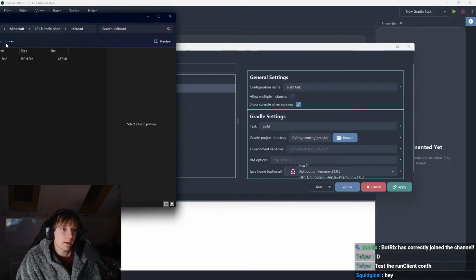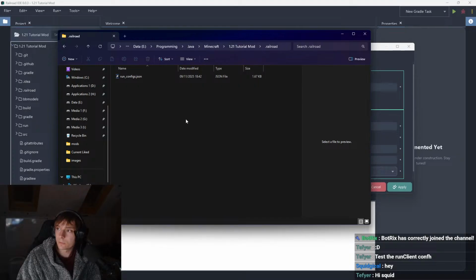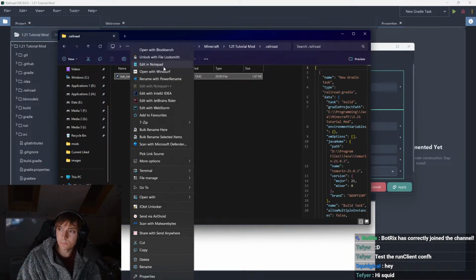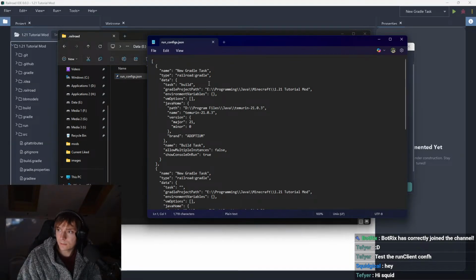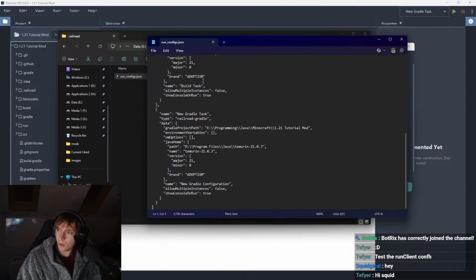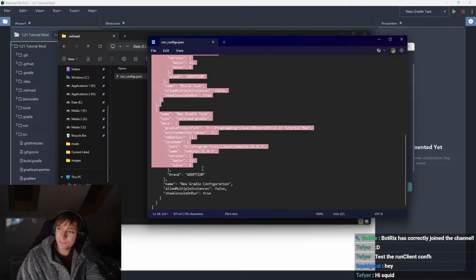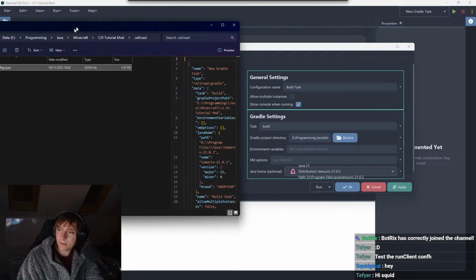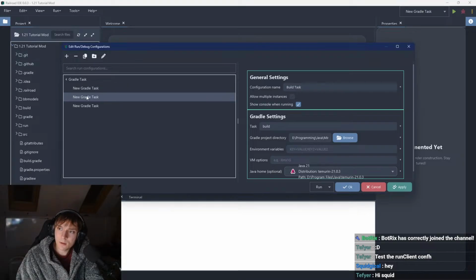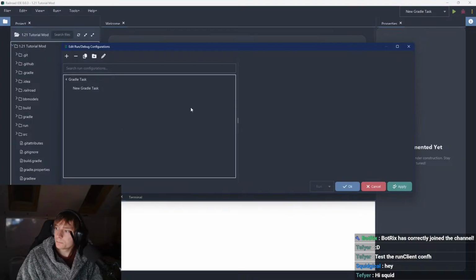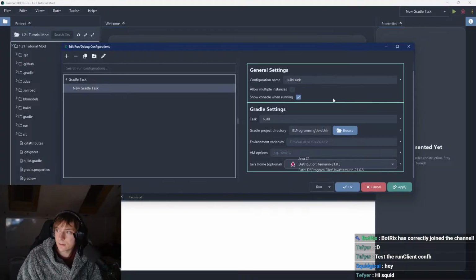Okay, so here we go. So here is the .railroad folder, and we have the run configs in here, and you can see that, oh, there is 3. Why is there 3? I only ever created 1. Okay, interesting. That's not what I expected, because I only ever created 1. But I can just delete these, like that. There you go. And if I click on this one, you see it does now also open up in this right pane,